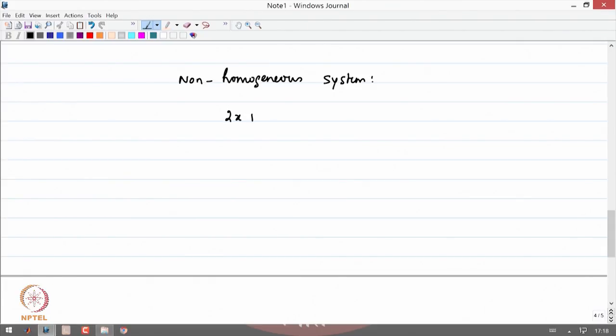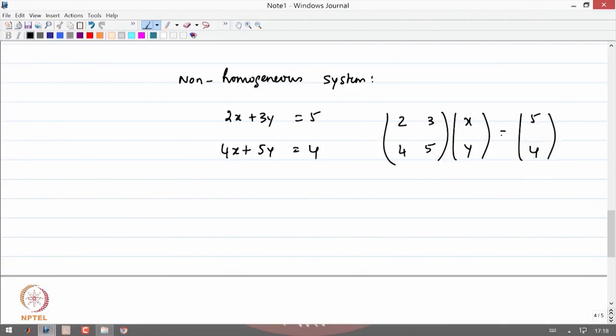2x plus 3y is equal to 5, and 4x plus 5y is equal to 4. It can't be 2x plus 3y and 4x plus 6y. Now these have a solution in the sense that this is a matrix equation: the matrix 2, 3, 4, 5 times x, y is equal to 5, 4, and therefore if you call this A and you call this phi